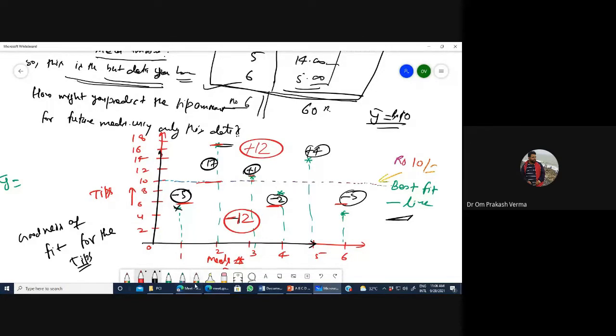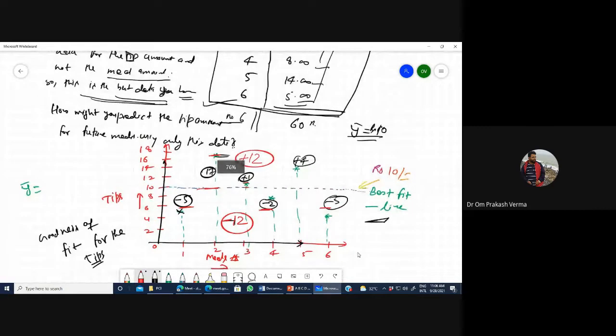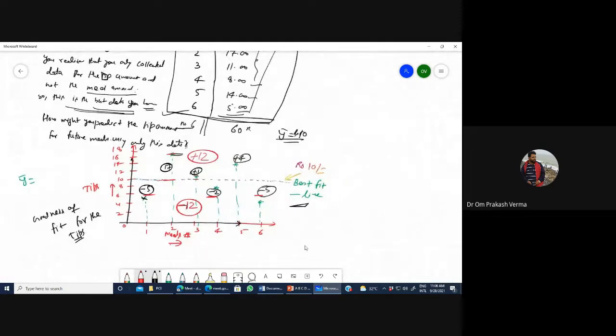The difference between the fitted value and your data value can be called a residue, or sometimes it is called error. Most of the time it is called the error. However, in the book it is also written as residuals.